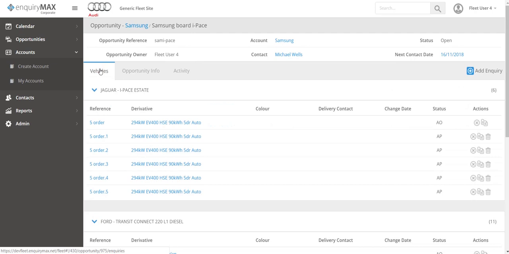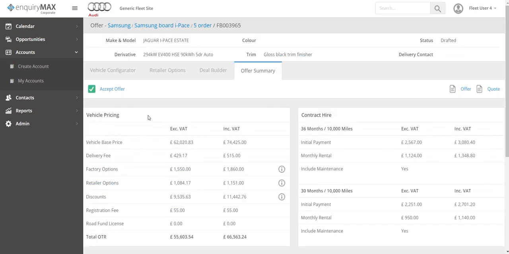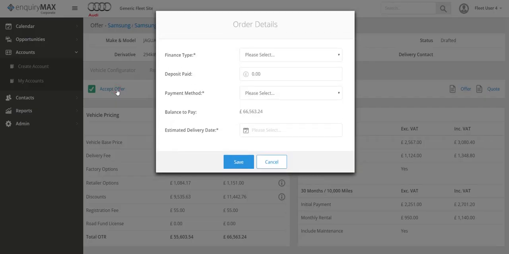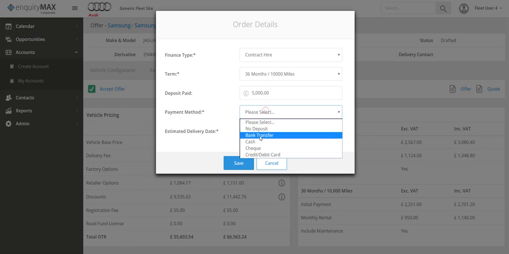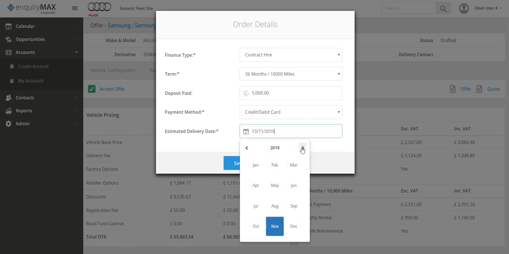So if we go back into vehicles, we can see the AO here. So we're going to go into this one because we've stacked some figures on it. Obviously you need to stack the figures before you get to the accept offer. So if we click accept offer, it now says what's the funding type. So we're going to go with the contract hire. The term is 36 months. Deposit paid is 5,000. Payment method. Estimated handover date is going to be